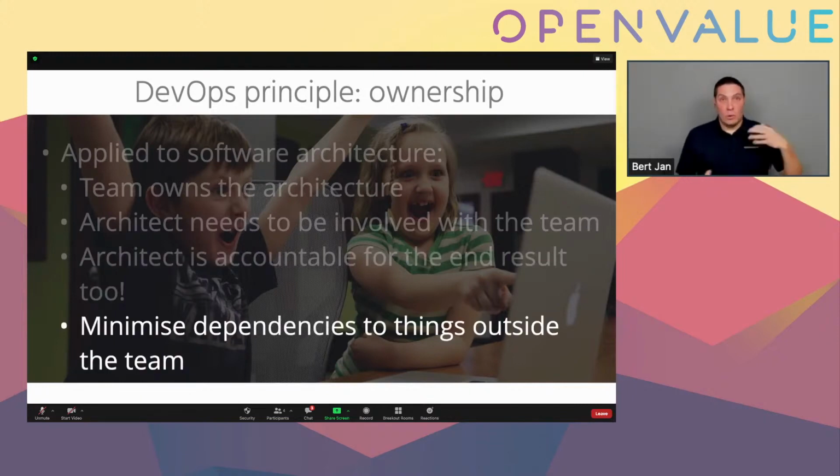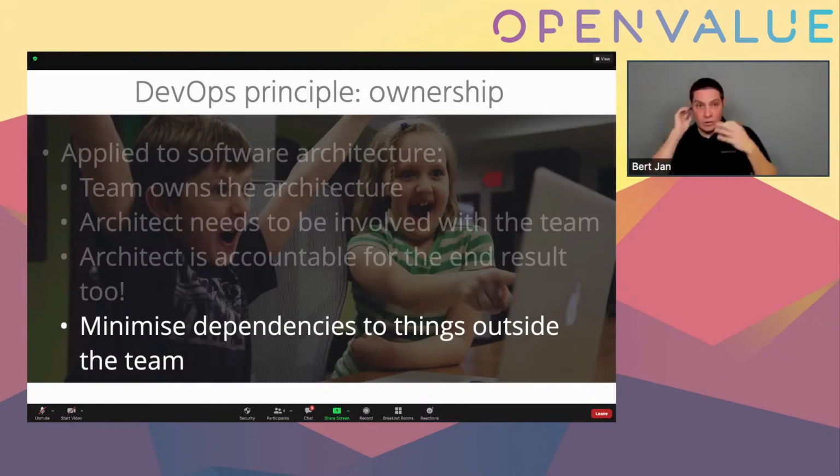And one thing that's more of a general piece of advice in every fast moving world is to minimize any dependencies to anything outside the team. Because as a team, you can control everything that's within your span of control within your team. So your code base, hopefully your infrastructure, etc. If you have a dependency to anything outside your team, something you cannot control, if there's anything wrong there or you need to wait for something, then you have less influence or maybe even no influence on fixing these kinds of things.